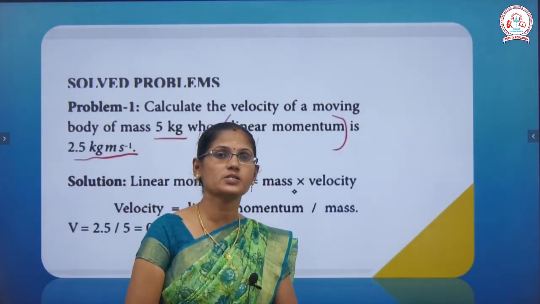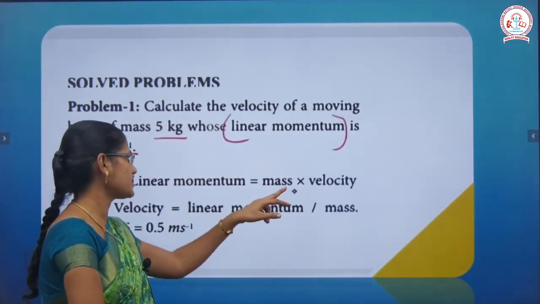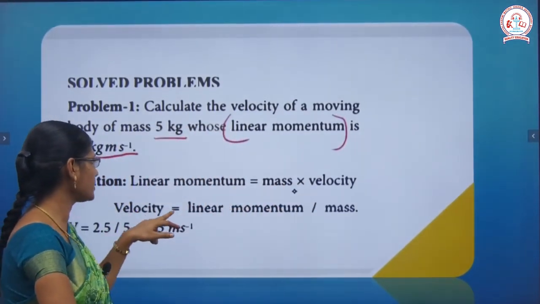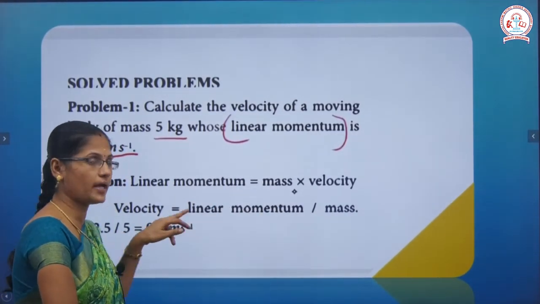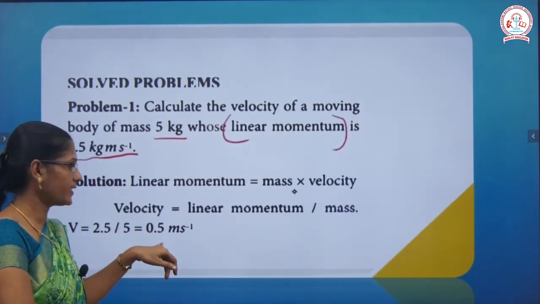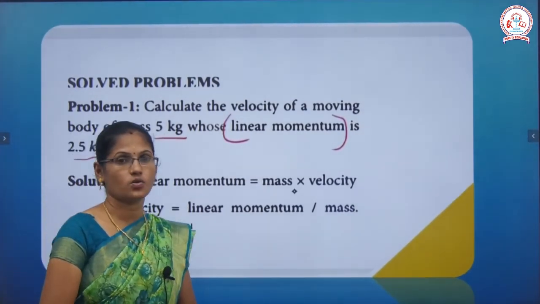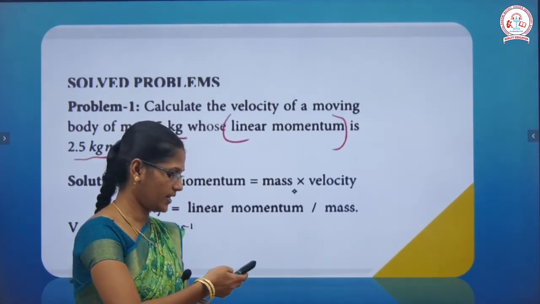So how to find the velocity? Linear momentum is equal to mass into velocity. So in this case, we have to find the velocity, which means linear momentum divided by mass. The momentum value is given and the mass value is given, and you directly divide these two values and get the answer for velocity. So this is a simple problem related to linear momentum. And next,